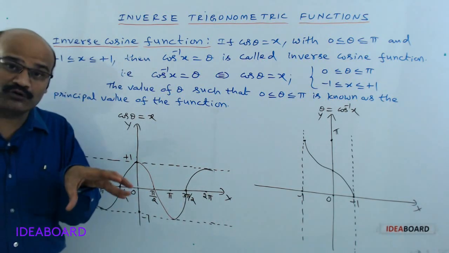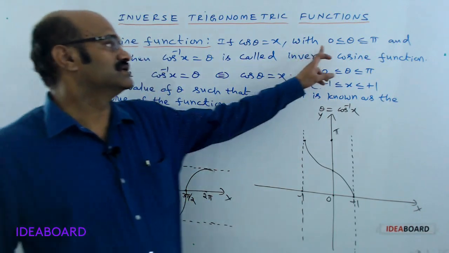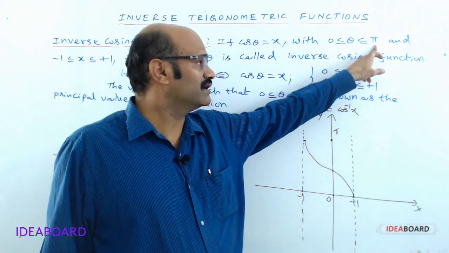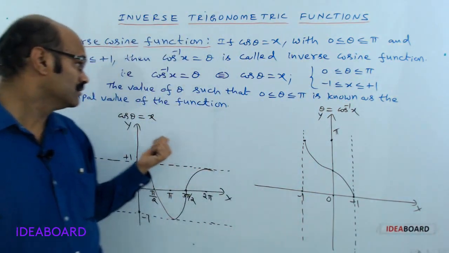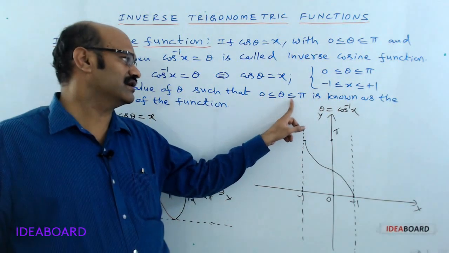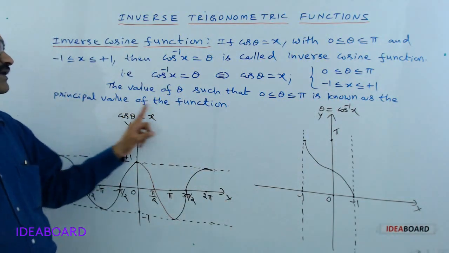Now here we have to restrict the domain to 0 to pi. Then only it is bijective. So here the values of theta such that 0 less than or equal to theta less than or equal to pi is known as principal value of the